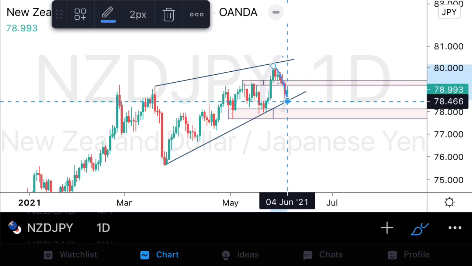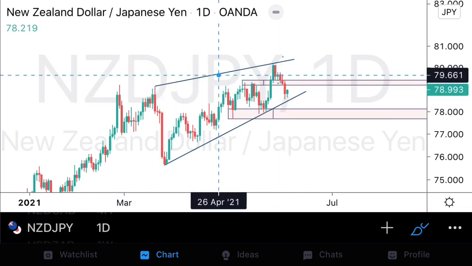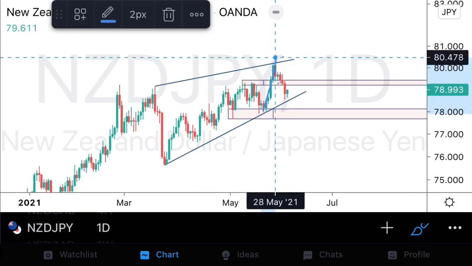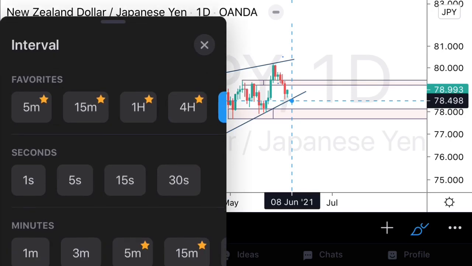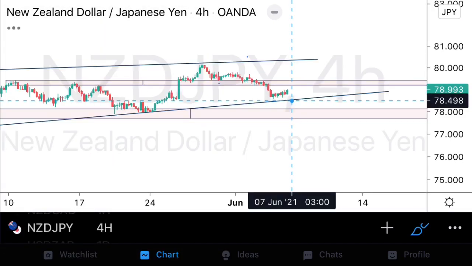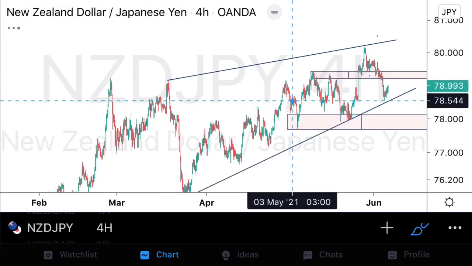Now that's the hint for us. Prices correcting to resistance, correcting to a higher time frame resistance, violating that resistance, and then breaking back below structure. Now if we go down onto an H4, what we will see is a market that is extremely bullish in